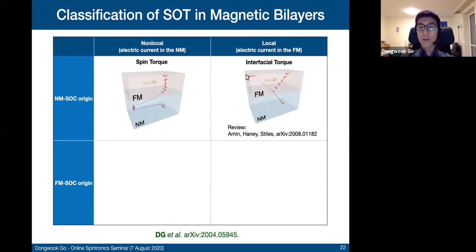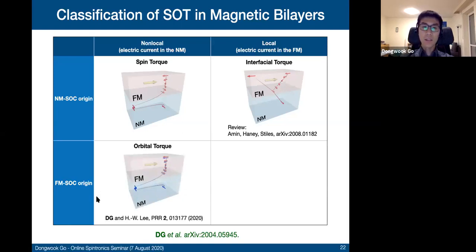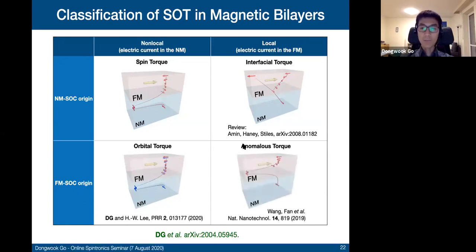For example, current flowing in the ferromagnet can scatter from the non-magnetic substrate with spin-orbit coupling, and it comes back to the ferromagnet. And third, with spin-orbit coupling in the ferromagnet and non-local current in the non-magnet, this is nothing but orbital torque. And finally, when the current flows in the ferromagnet, and then we see the response in the spin-orbit coupling in the ferromagnet,